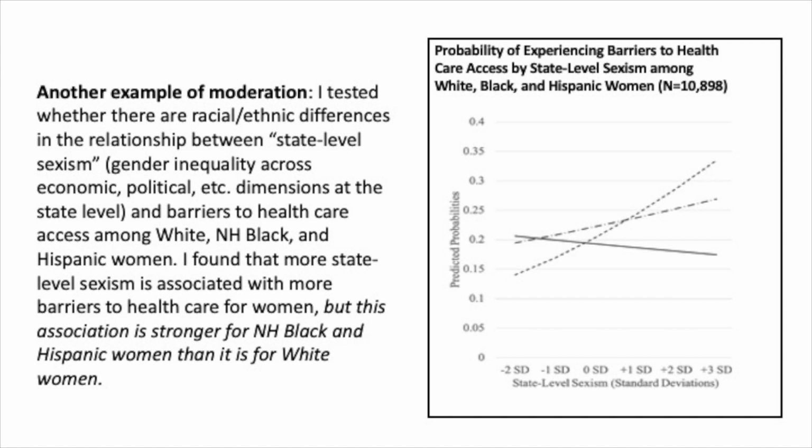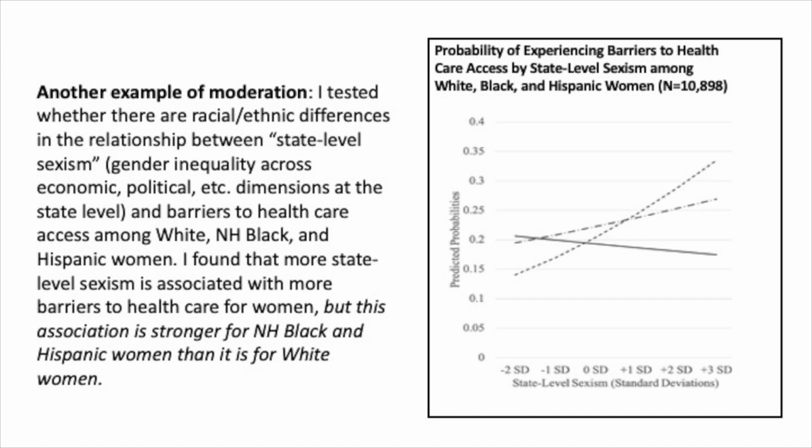So states that are one standard deviation above the mean have more sexism relative to the average state-level sexism. And then there's 2 standard deviations, 3 standard deviations. Here we have significantly more sexism in some states compared to the average. And being negative for a standard deviation means there's lower state-level sexism compared to the average state-level